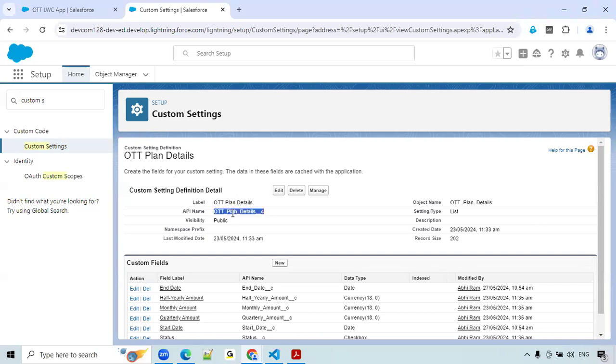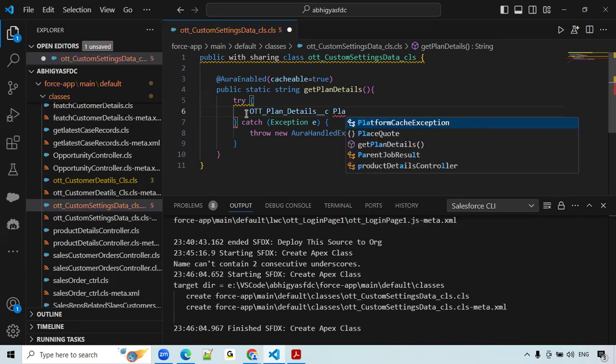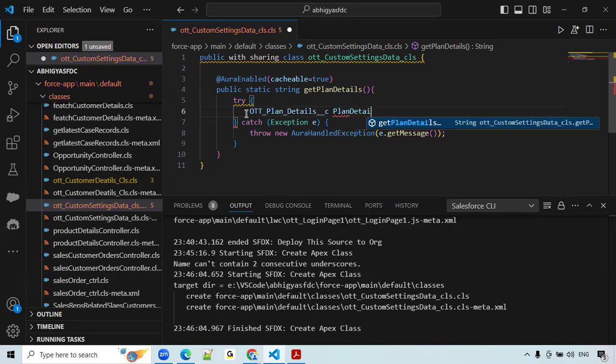OTT plan details. So let's come to here. So plan details equals to